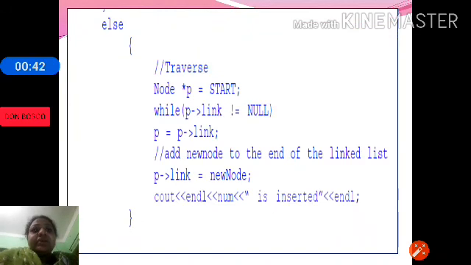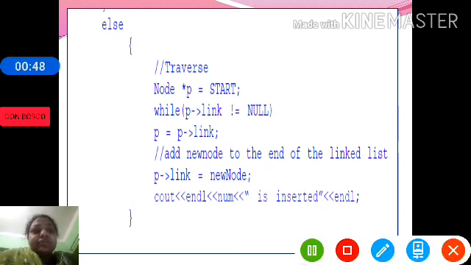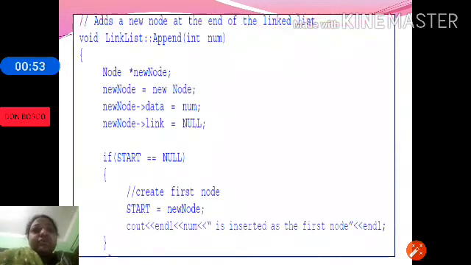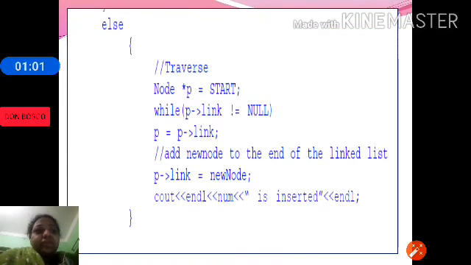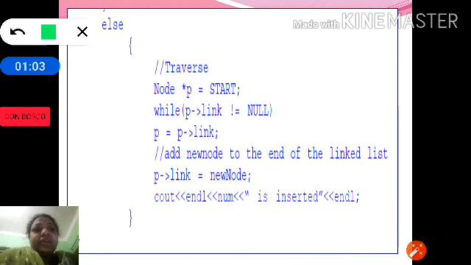Otherwise, what we will do is, node P is equal to start. So we are making P point to the starting node.